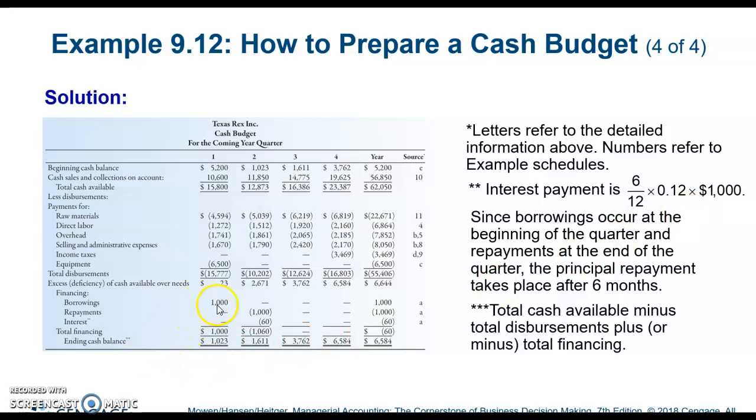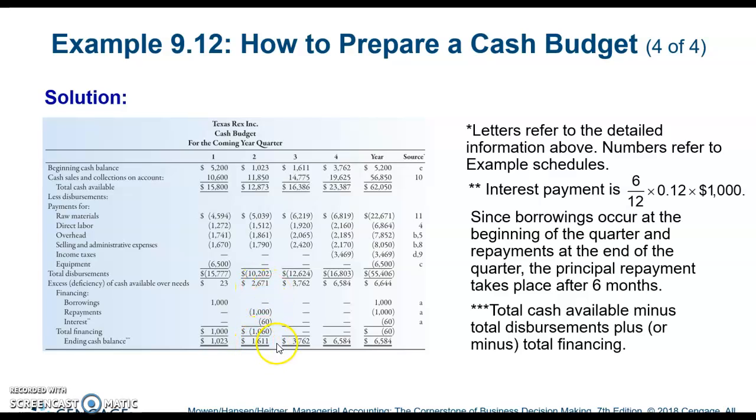Because we got this borrowing at the beginning of the first quarter, but we're not paying it off till the end of the second quarter, so that's 6 months. Okay, and so when I multiply that all out, I get $60 of interest that we're going to have to pay. So that total is $1,060 that I'm going to pay back on the loan,